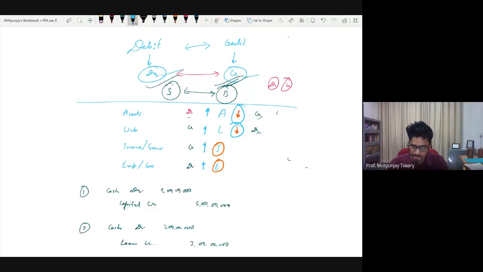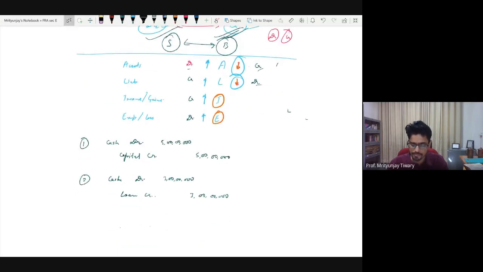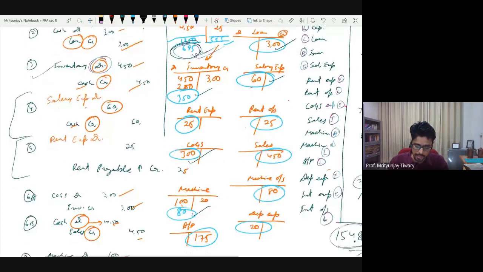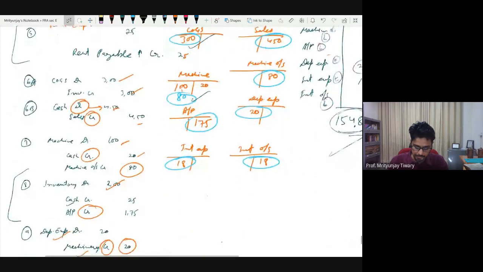Once we had the rules assigned, we looked at every transaction one by one and identified the 2 aspects associated with all the transactions, and found out that always one of these sides will have a debit and always one of these sides will have a credit, and the total amount will remain the same. In this manner, we kept on passing the journal entry for every transaction. Once we were done with the journal entries, we moved to the next step of the process.